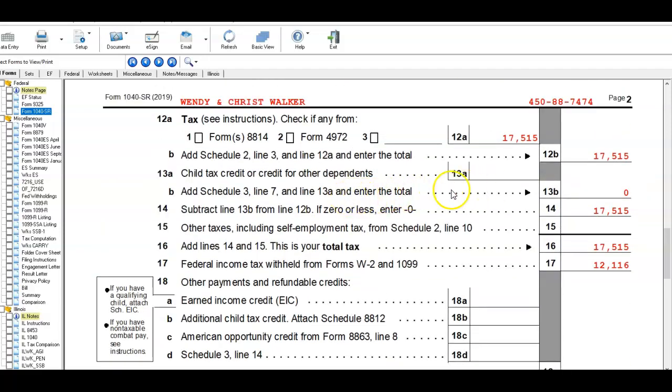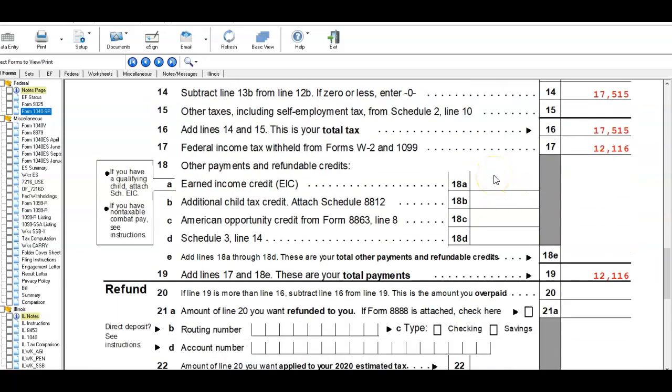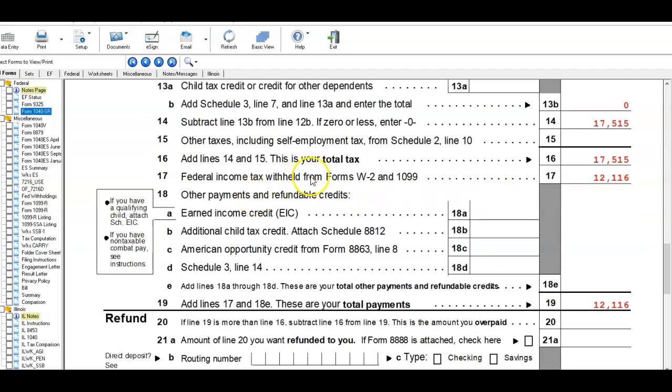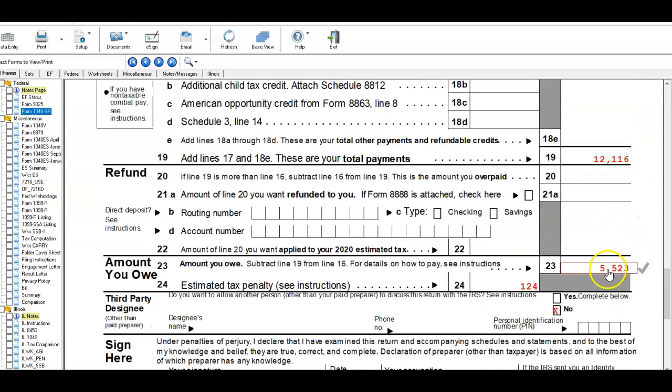The taxes they owed on that money was $17,515. And so the federal withholdings was $12,116, which left a balance of $5,523 once you include the $124 estimated tax penalty. And over here,